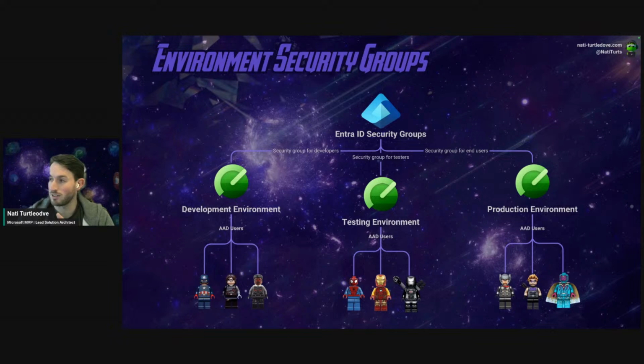So that's what I like to say is the starting point of our security journey. That's our first blocker in the road to say who has got access to our environment, and we can then start giving a bit more information, a bit more access once you've got people in there.